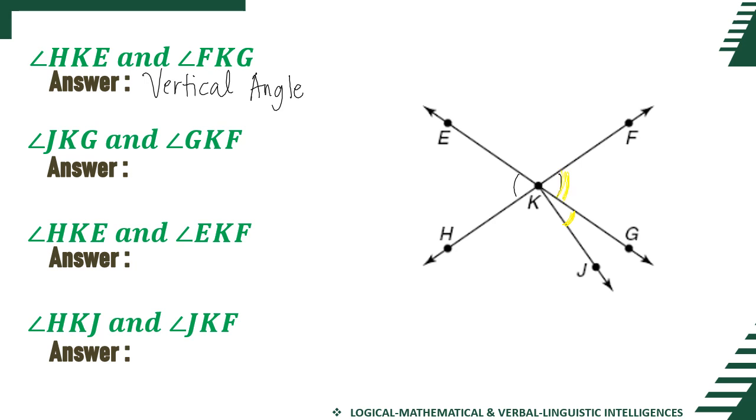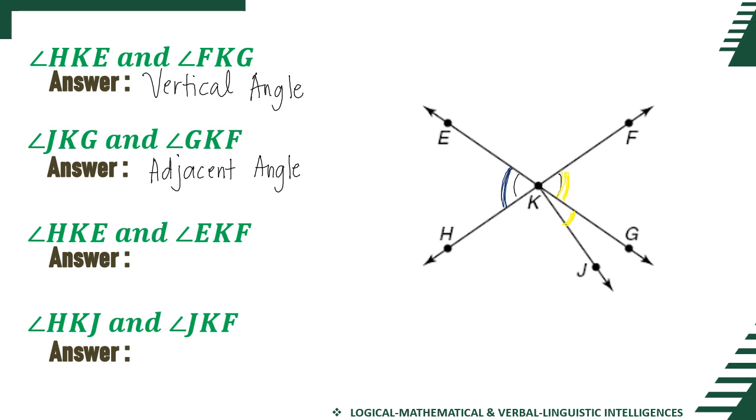Okay, we do not have the proof that they are complementary or 90 degrees, but we can consider the adjacent angles. Alright? So we do have adjacent angles. We cannot assume that they are 90 degrees because we do not have the given angle measures or the indicator of 90 degrees, but we can consider the adjacent angles.